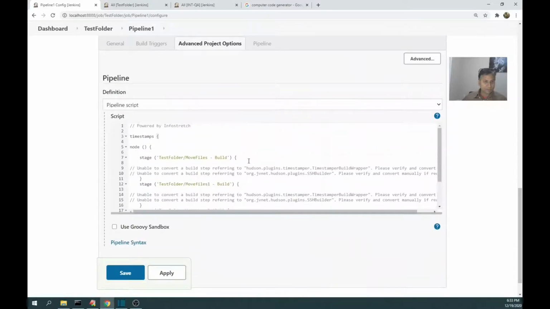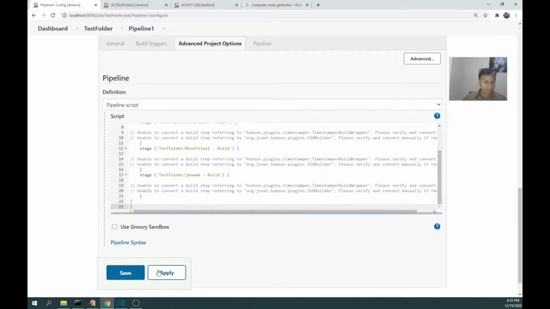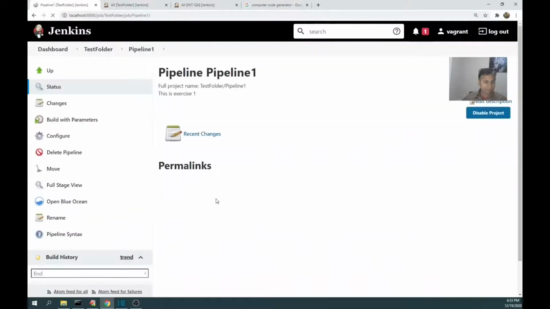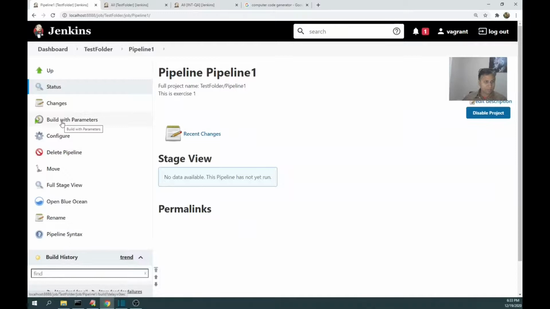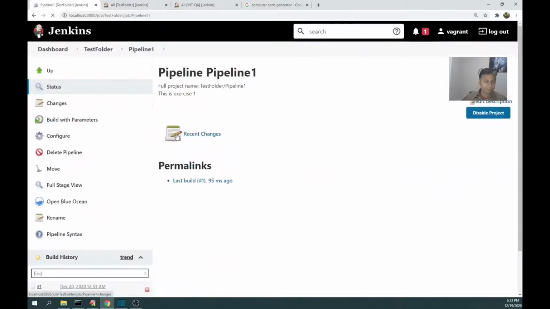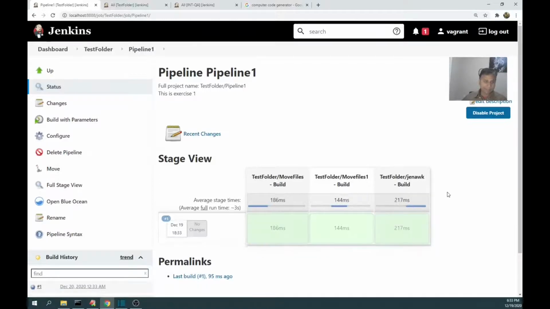See, all these steps have been called over here: move files 1, gen awk. Now let's run this pipeline 1. Build with parameters, because one of the jobs has a build with parameters key. Build. See, the pipeline code is generated. Exactly, it's working like a pipeline.